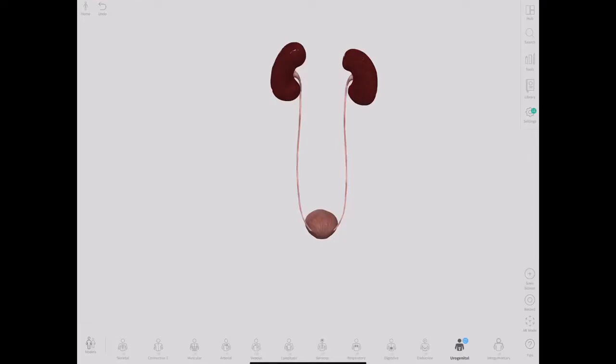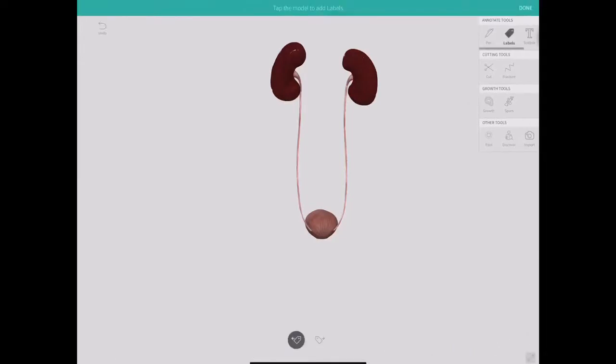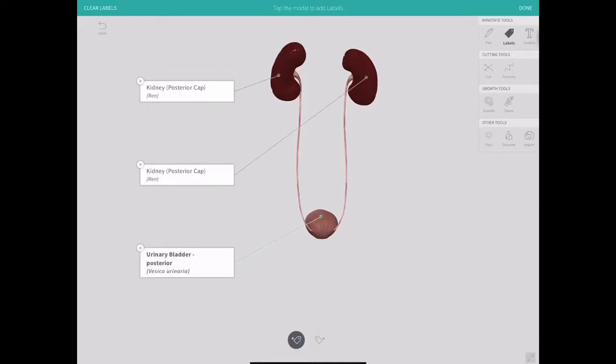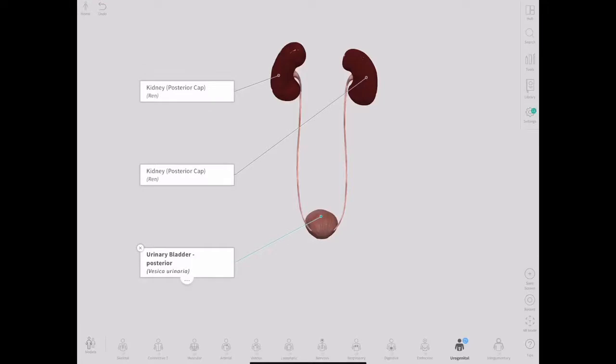Now another thing that we had on our screens was labels. Now if you want to label a structure, you come back to the tools, and there's this annotate tools at the top, and you click labels. Now you don't have to worry about writing your own labels or anything. You just have to press on the structure, and it labels it for you nicely there. And you can add in labels for as many things as you want, and then that will save them there as long as you click done, and that is them stuck on that. Now if you wanted to save that as a screen, you would press save screen down here at the right hand side. But what I'm going to do first is I'm going to show you the hide